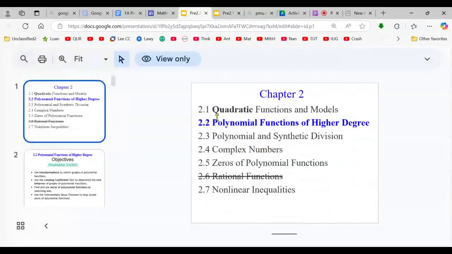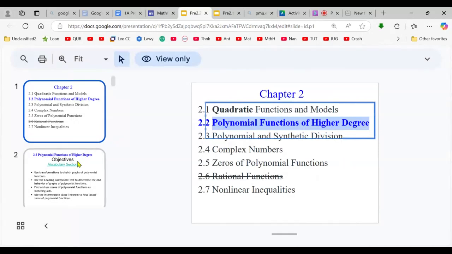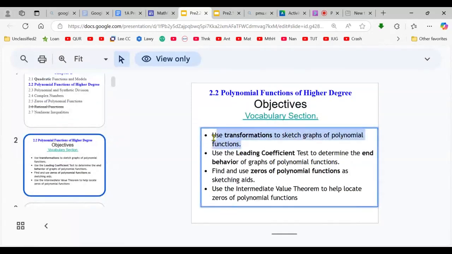Go ahead, please read the topic. What's the topic? Polynomial functions of higher degree. Good. Start with